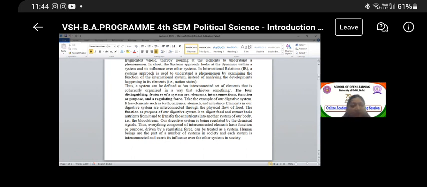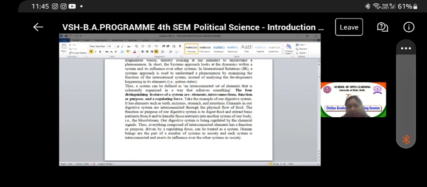Okay, the third feature is function or purpose. The function or purpose क्या है? To digest food and to extract nutrients from it. ठीक है, and to transfer those nutrients to another system of our body. So यहाँ पे international system में functions क्या है? To extract maximum profit or to gain certain benefit for their own nation state and then contribute to the international system as a whole so that it benefits everyone else also. And that's how development of one country would lead to development of another country.